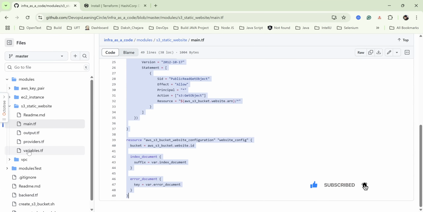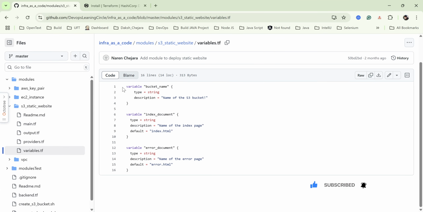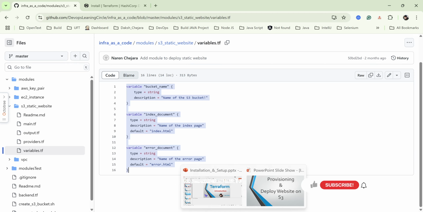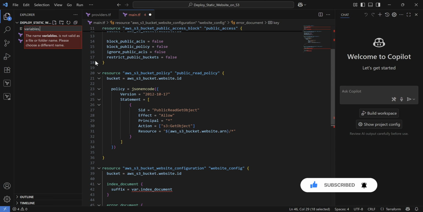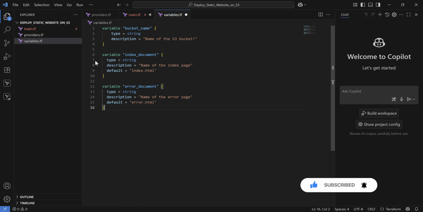So let's copy the variable file. Let's say this is my variable file. Copy this variable file. Now let's create variables.tf, and then paste the content.